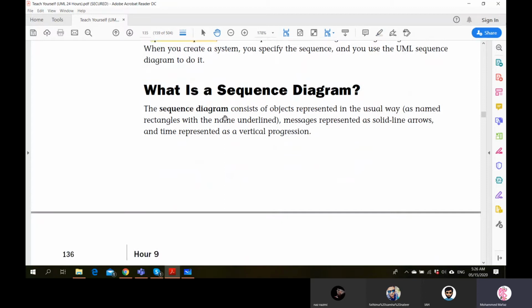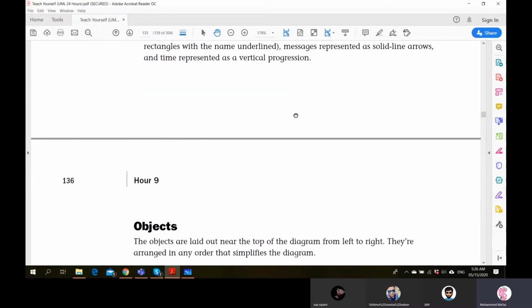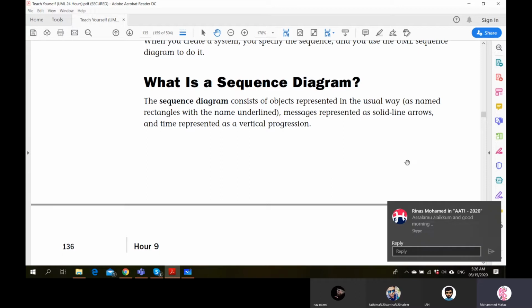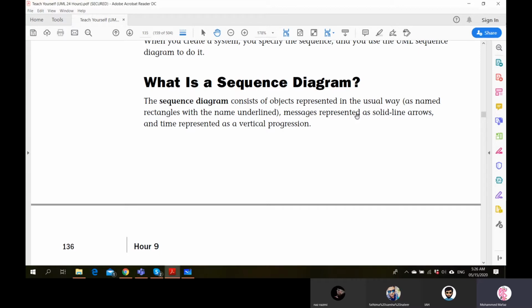So simply, what is a sequence diagram? It consists of objects represented in the usual way as named rectangles with the name underlined, messages represented as solid line arrows, and time represented as a vertical progression. We'll see as we go through the example. The important point is we will show objects just like in object diagrams: we draw a rectangle and put a colon and the class name or the object name, which is called an anonymous object.